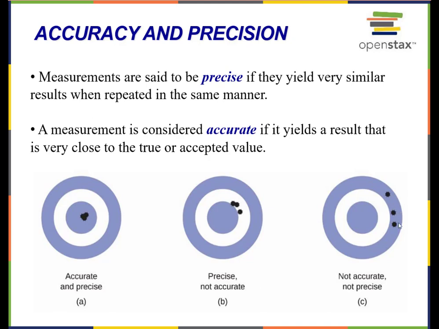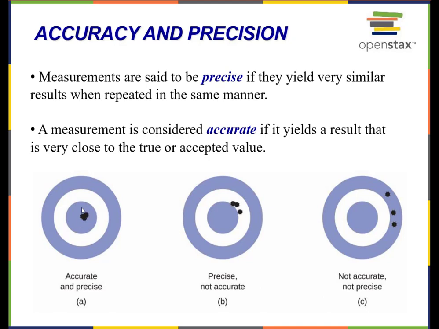Here, these shots are not in the middle, and they're not even particularly well grouped. So maybe I'd have another shot over here or something. And when shots are not particularly well grouped or in the middle, then we'd say that they're not accurate or precise. And here, in this case, they're all grouped together very tightly, so they're all very precise, and they're in the middle of the target, so they're all very accurate.